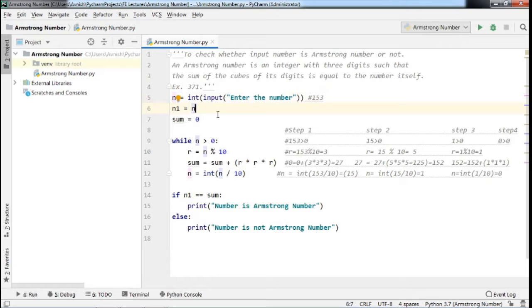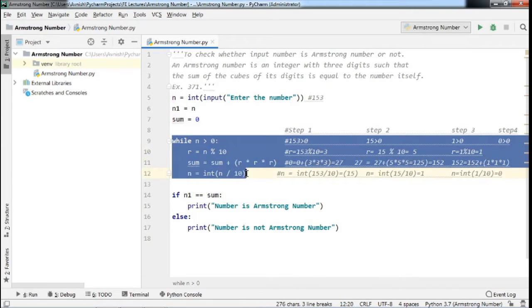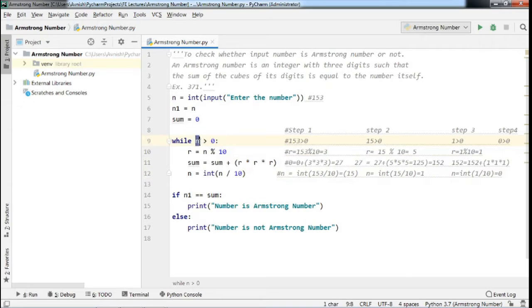Now in the second instruction, we have assigned the input value to a new temporary variable n1. Now n1 becomes 153. We have also taken another variable, sum, and initialized it as 0. In the next instruction, we have taken a while loop, and we are going to check whether the input value is greater than 0.